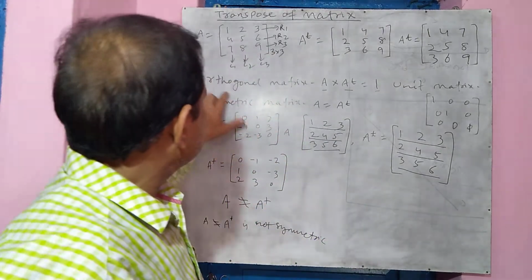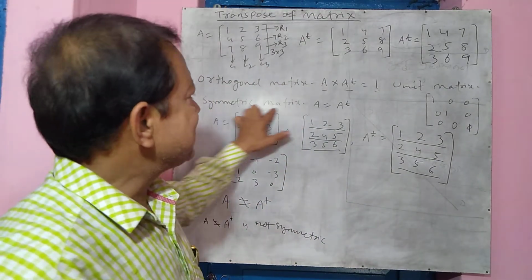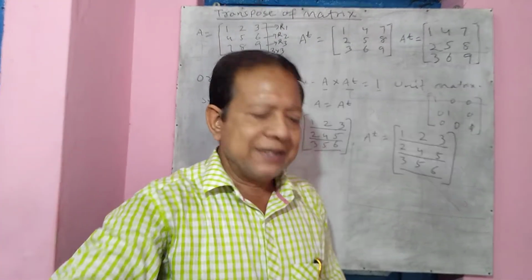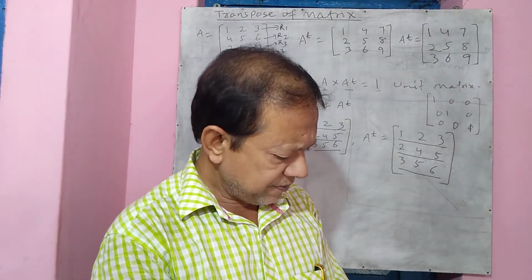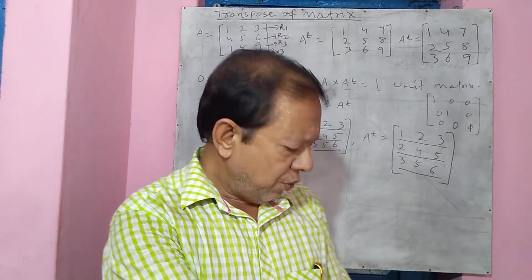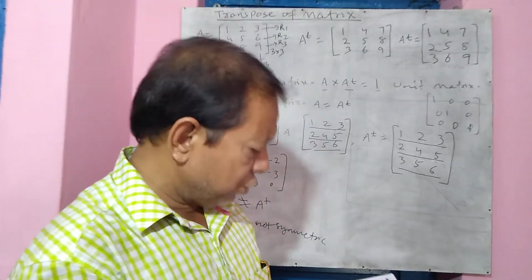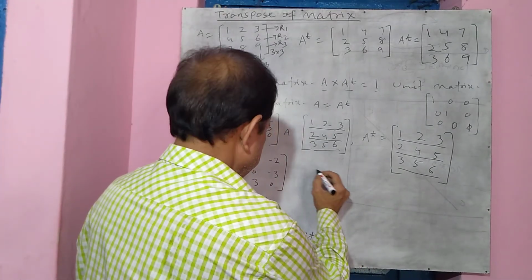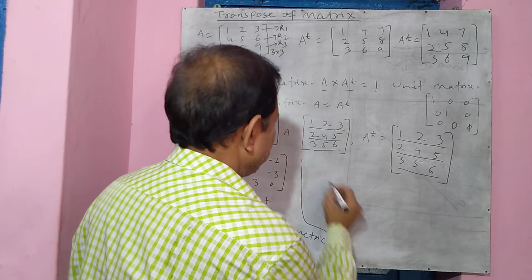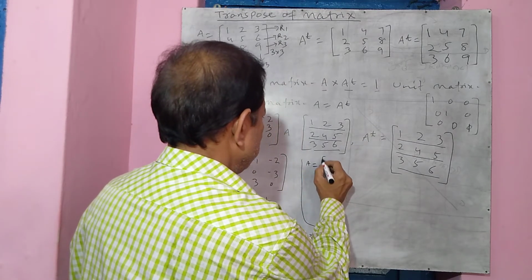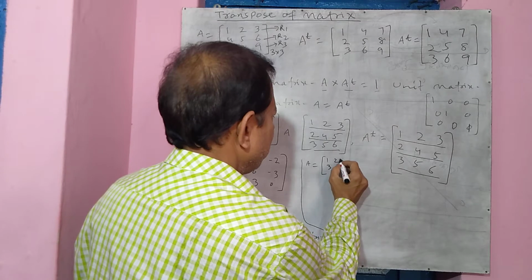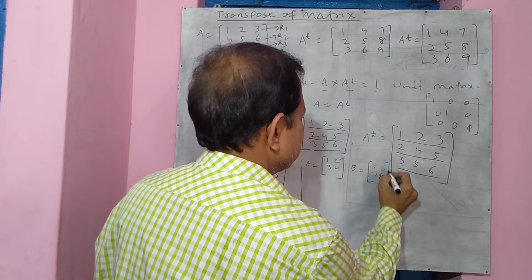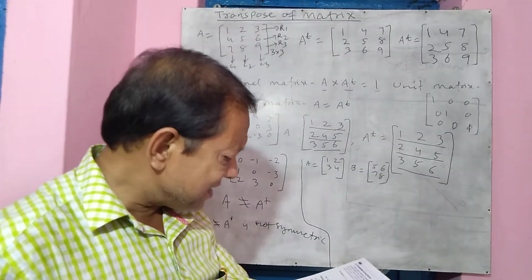Okay, so this is all about it. This is an orthogonal matrix, this is a symmetric matrix. Now let us go through some exercises that are given to you in your book about this. Let me give you the question, but we have less space here. Let's say A is equal to 1, 2, 3, 4 and B is equal to 5, 6, 7, 8. This is A and this is B.